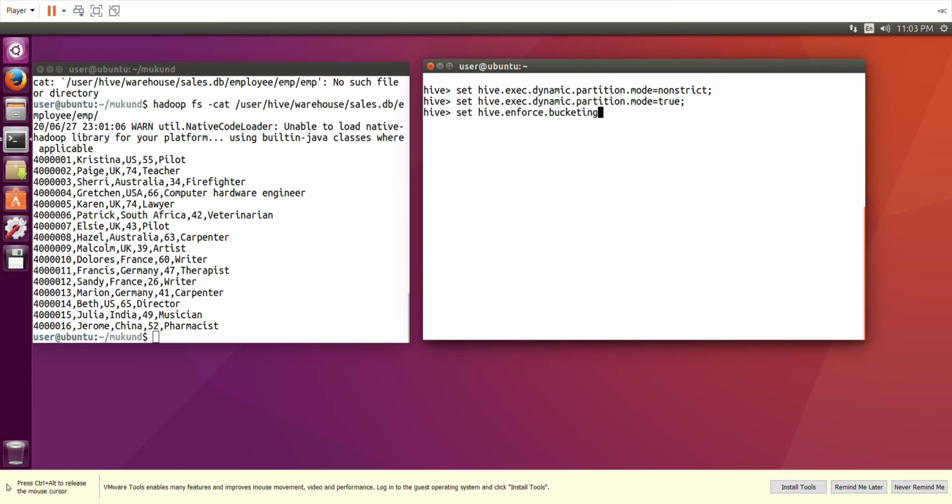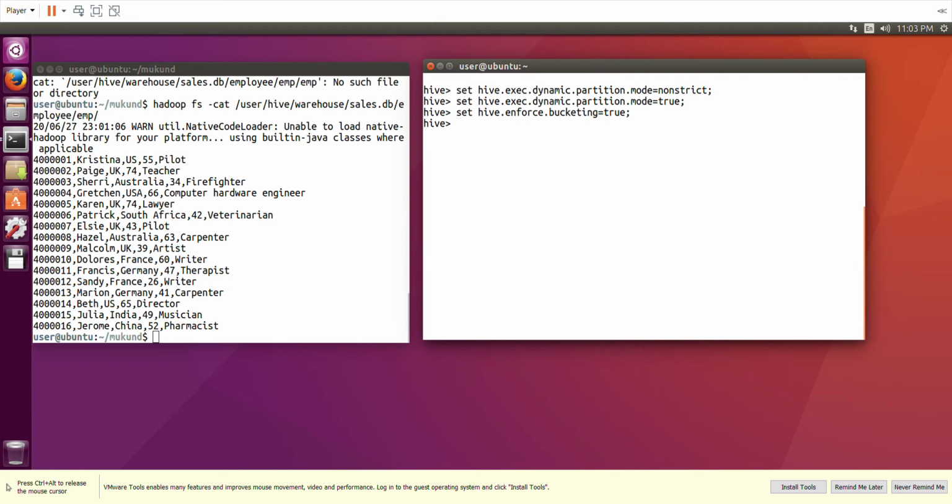This is the example for partitioning, but then you have to do bucketing. Bucketing can be used some other time, but this way you are enforcing bucketing also. So you are saying set hive.enforce.bucketing equals true, and we are executing that also.